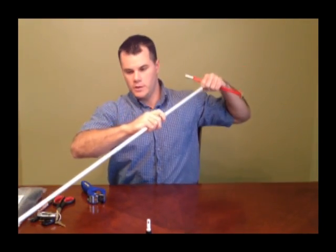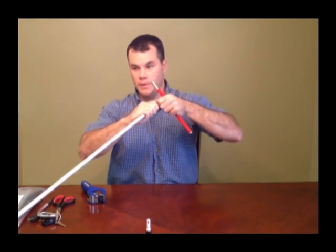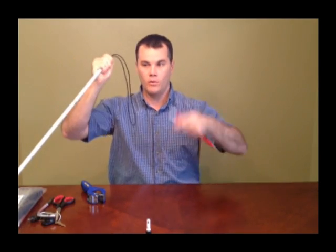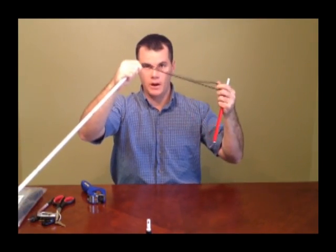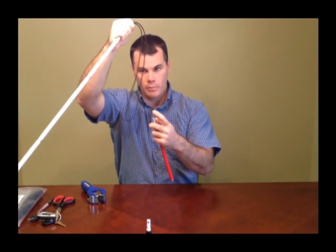Okay, now I'm getting to where it's a little bit more interesting, right? I should have this elastic pulling against me, otherwise, if I've got too much that's loose, it's just not going to collapse and fold back out for me the way it should. So what I've done is I've just pinched it off with my fingers right here to create enough slack so that I can feed this one piece through,